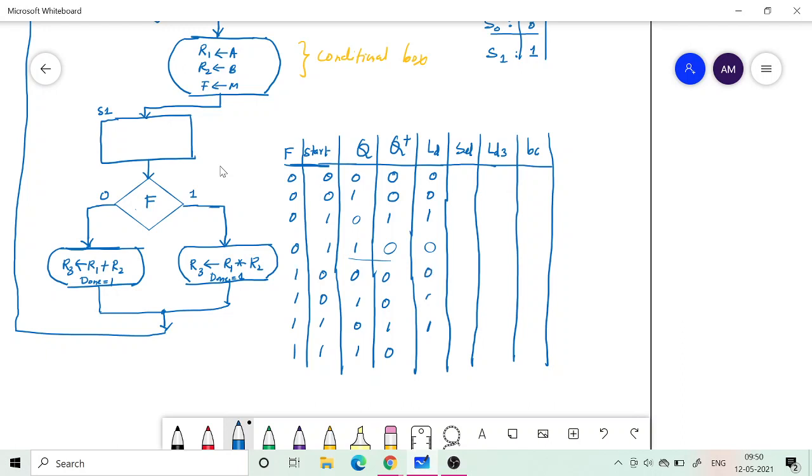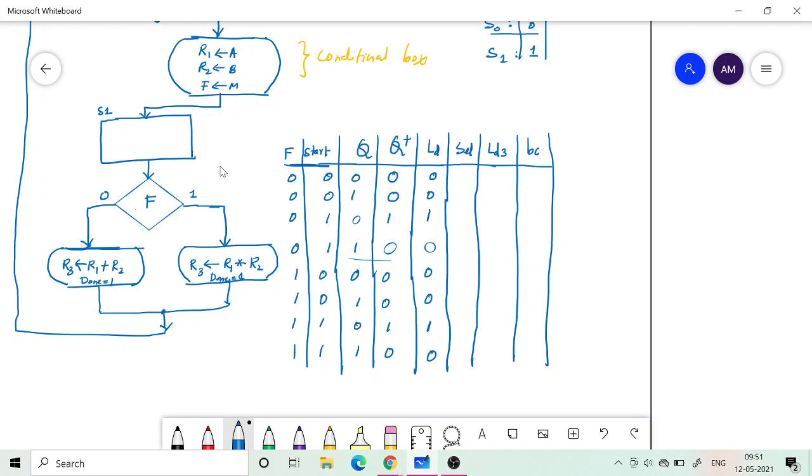Okay, so that is my load. Now what about select? Can you tell me when is select becoming 1? Which row? You have to answer me. Unmute and answer me. When is my select?